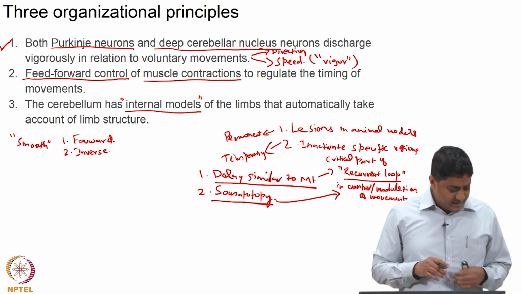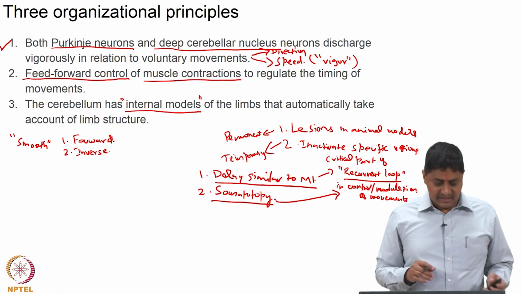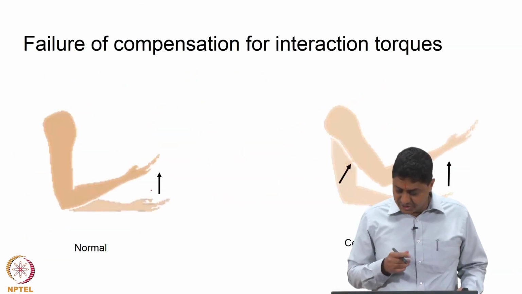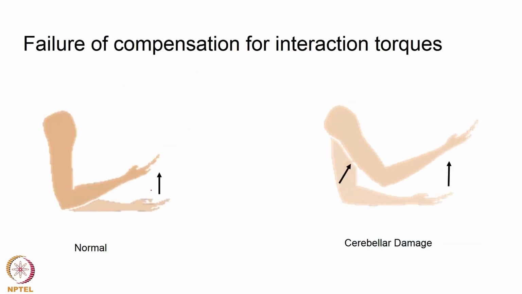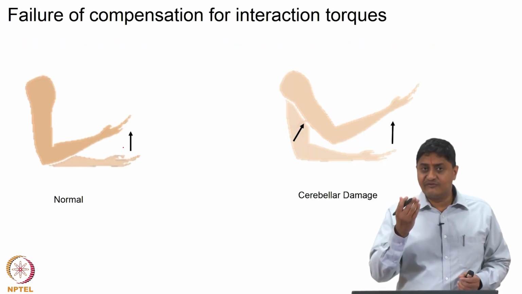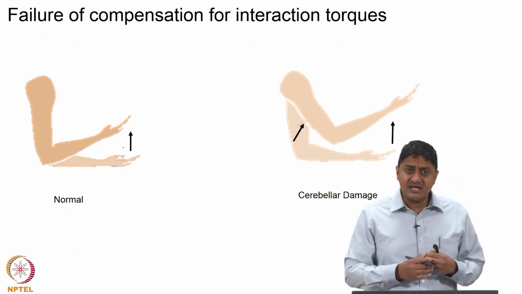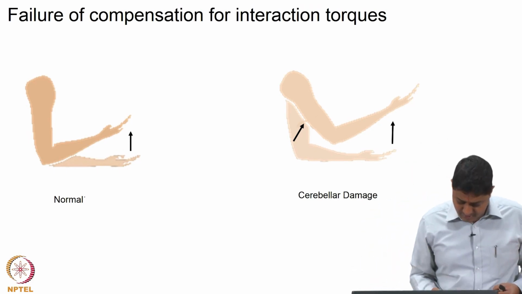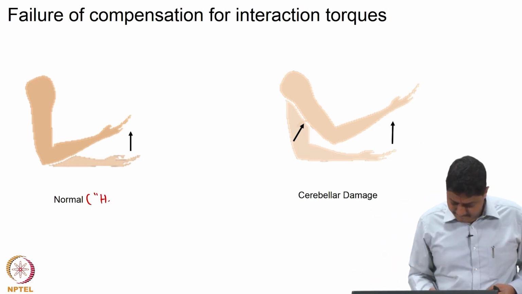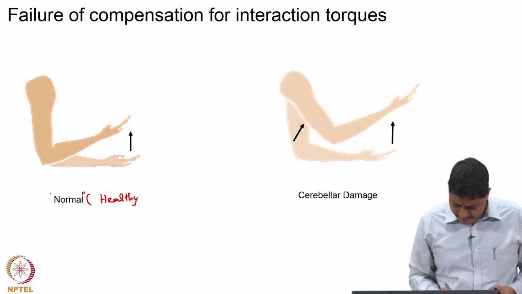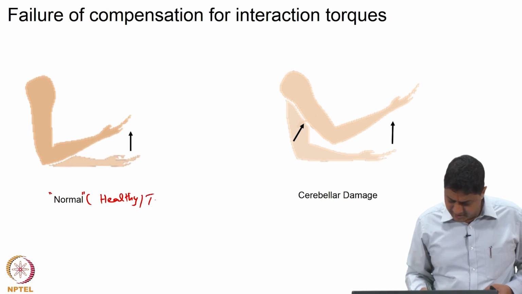For example, here is an example that is shown of a person trying to make a movement of the forearm. So, that is the forearm, I am trying to make that movement. In healthy individuals, when they make movement of the forearm, the shoulder does not move. Why? This is because it turns out that in healthy or typical individuals,